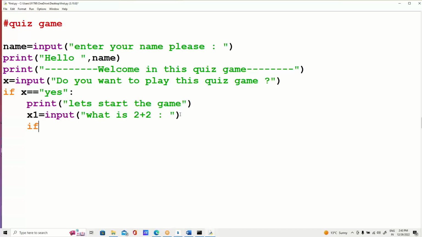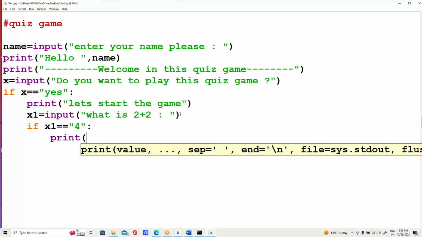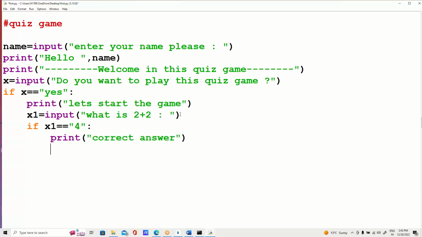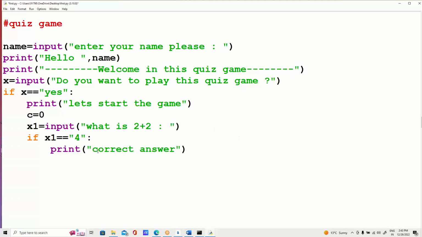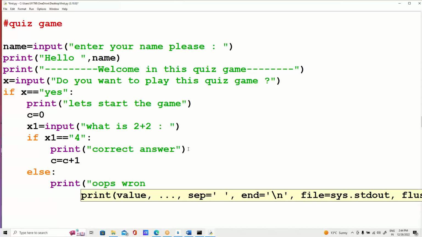Now, if the value of x1 is equal to 4, then print correct answer. And let me initialize a value here, c equals 0. If the answer is correct, c equals c plus 1, and if the answer is not correct, else just print oops, wrong answer,